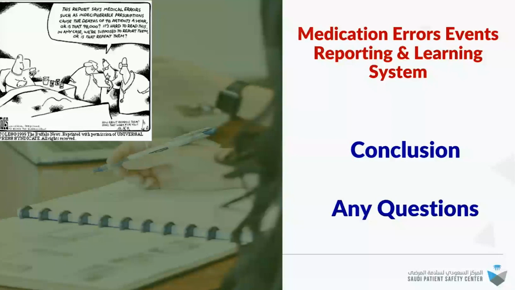Okay, the simple start. Try to make it very simple. Start with a manual system. It doesn't need to be computerized. Establish a committee, design a form, and you can start with just one or two forms, a medication error or adverse reaction form, and make a very simple education program collected in one lecture. You can distribute it and educate, every month or every quarter, across your institution, and then